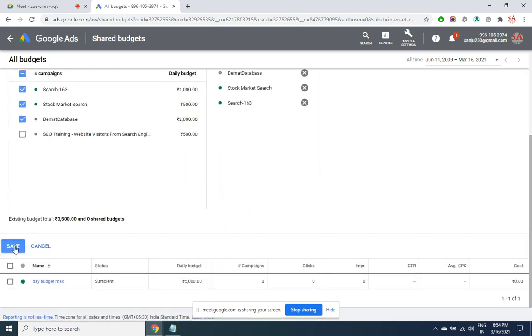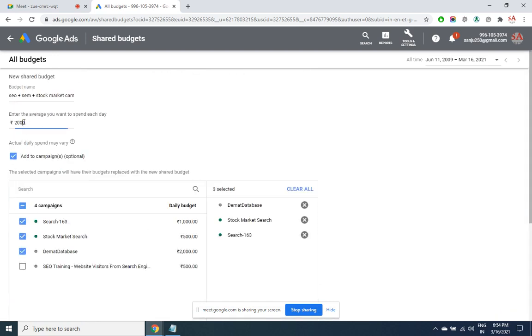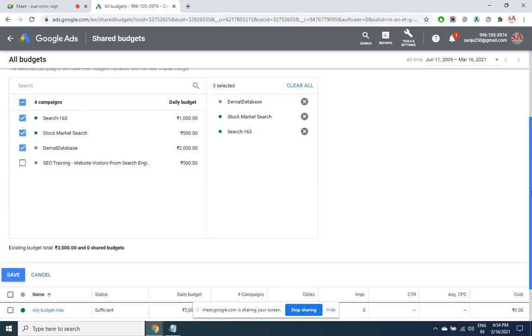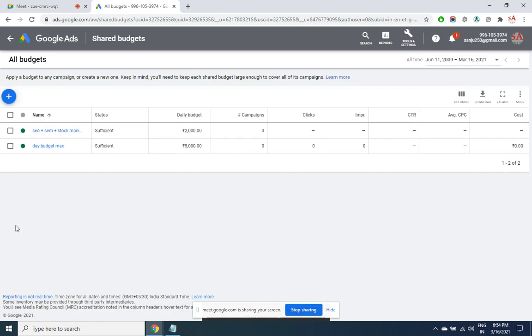Click on save. The existing budget is 3,500 if you add the daily average of this one plus this one plus this one, but you have a restriction of only 2,000. So this will be applicable, not individual. Save. Like this you can set multiple restrictions.